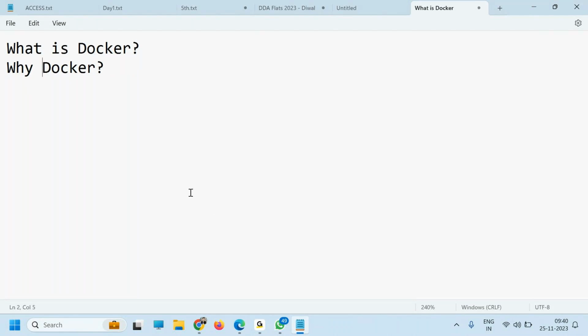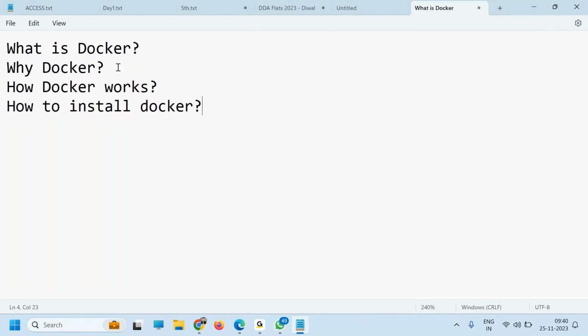Third thing, I'm going to teach you how Docker works. Fourth thing, I'm going to teach you how to install Docker. Fifth thing I am going to tell you